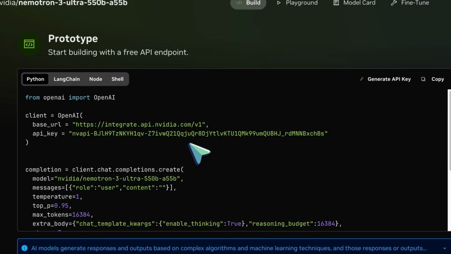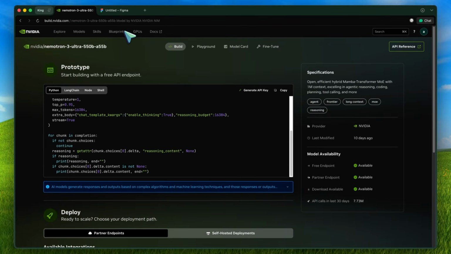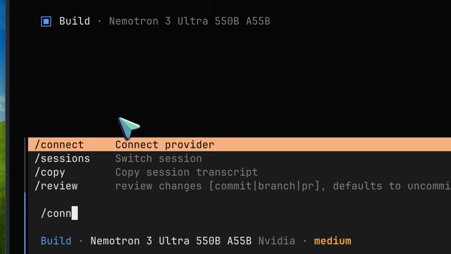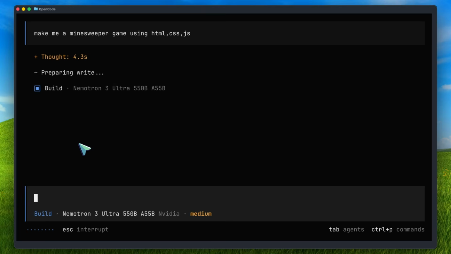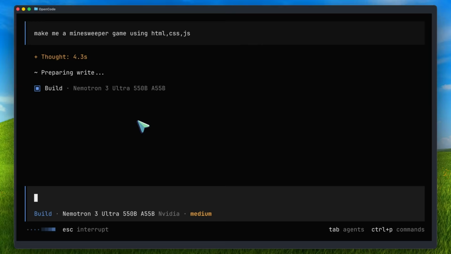Now, open your terminal and start OpenCode. Inside OpenCode, run /connect, search for NVIDIA. Paste the API key. Then run /models and select the model you want. That's basically it. You're now using NVIDIA NIM APIs inside OpenCode,